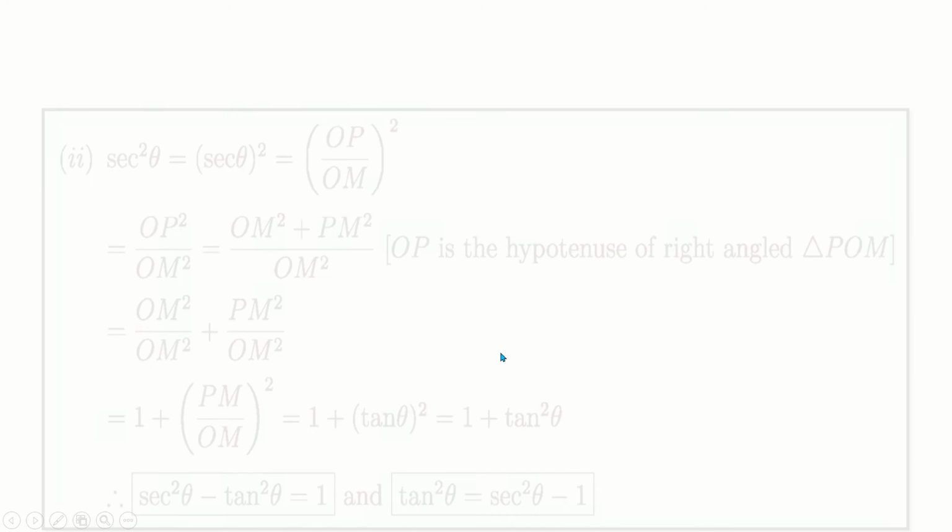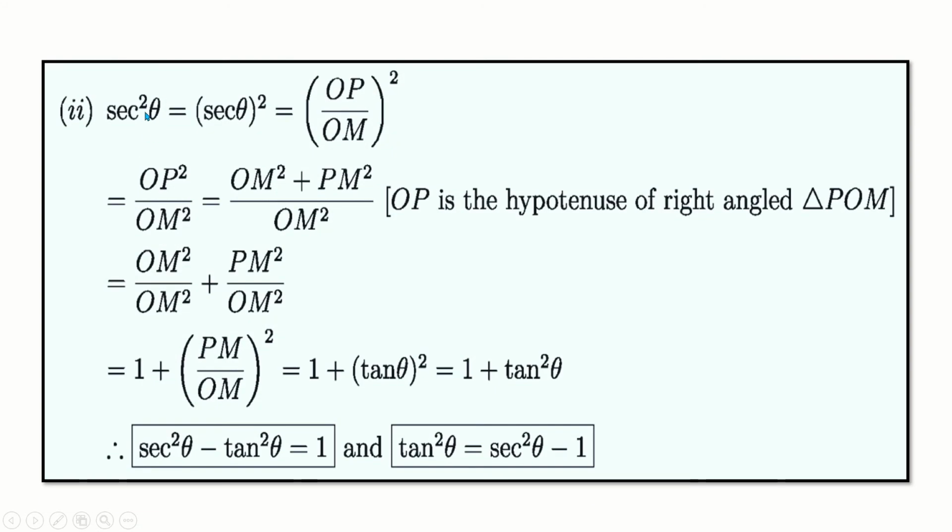Similarly, we can say sec square theta equals 1 plus tan square theta. Same process of calculation. That means sec square theta minus tan square theta equals 1. And we can also write tan square theta equals sec square theta minus 1. Another relation,